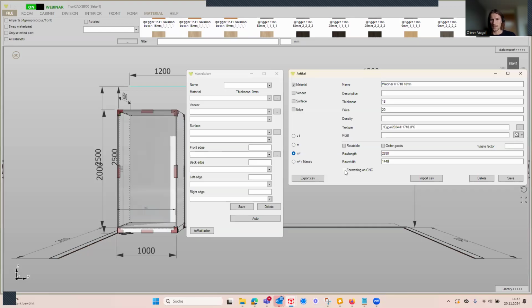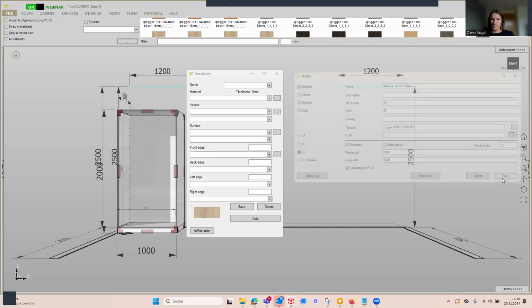When you have a CNC, you can also activate formatting on CNC, and here you can also type in a waste factor. And that here is the material, it's per square meter. We don't need a description here, but you can do it. And the density we don't need in this case, neither. So we click now on save,